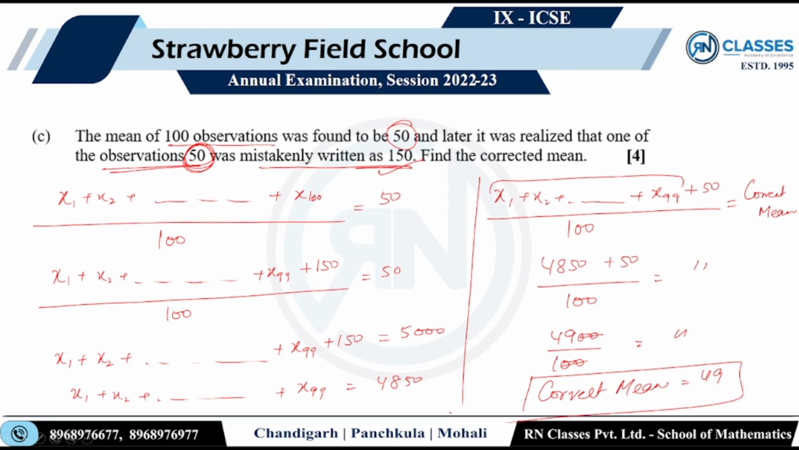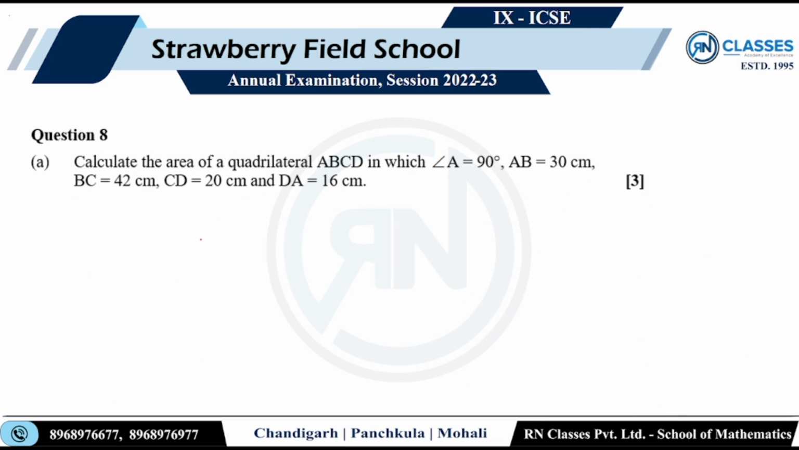That's it. Next question. Question number 8. Calculate the area of a quadrilateral ABCD. Angle A is 90, AB is 30, BC is 42, CD is 20, DA is 16. So I have to construct the quadrilateral. This angle is given as 90, right? So this is given as 16, this is A, this is B, this is 30, and here I already have D, right? Now this is given as